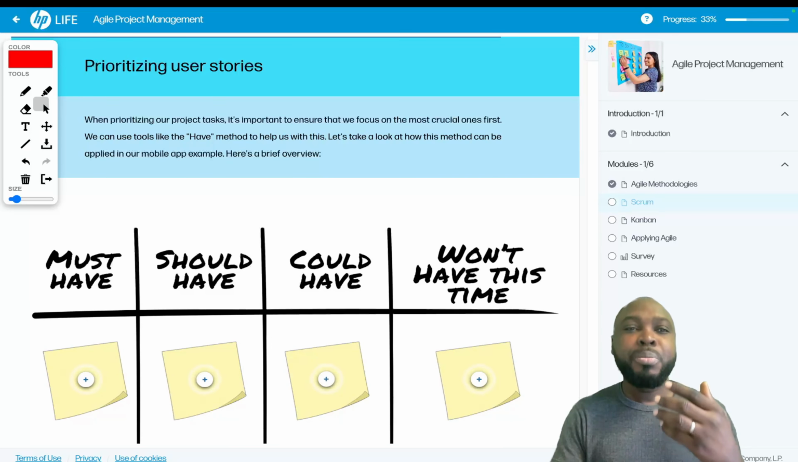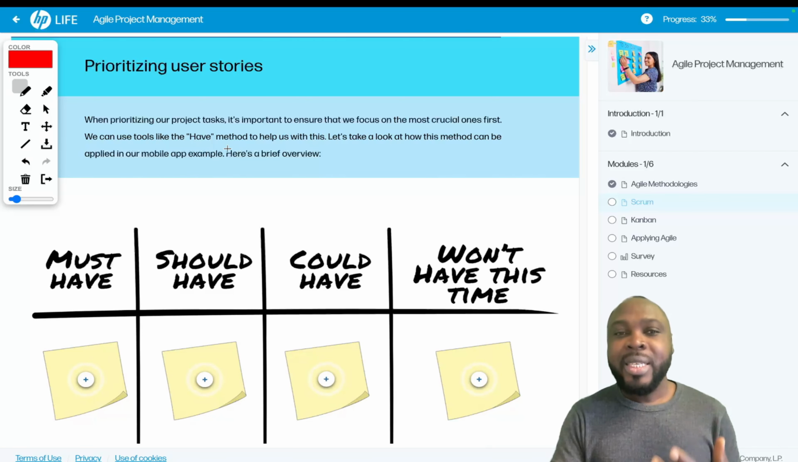Let's talk about prioritizing user stories. So when prioritizing our project tasks, it's important to ensure that we focus on the most crucial ones first. We can use tools like the MoSCoW method to help us with this. We have some prioritizing frameworks or techniques that we use in project and product management, which are like the